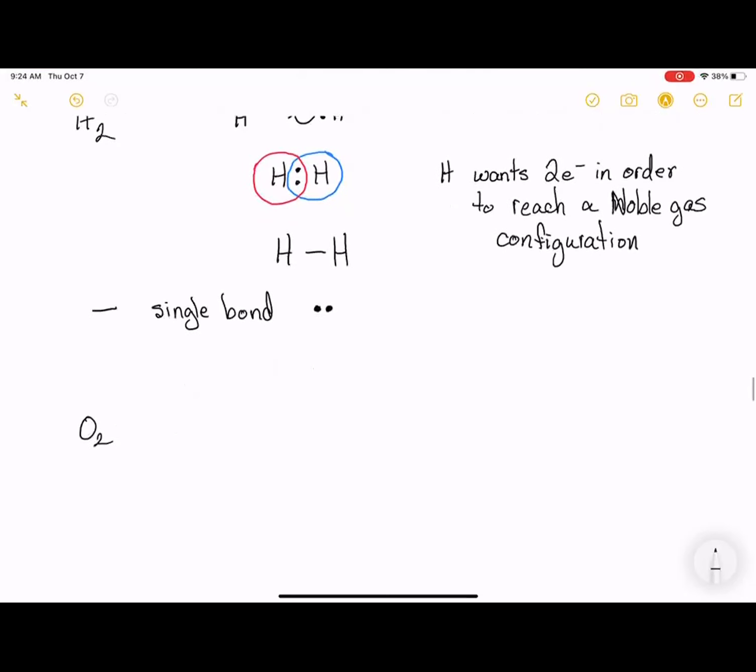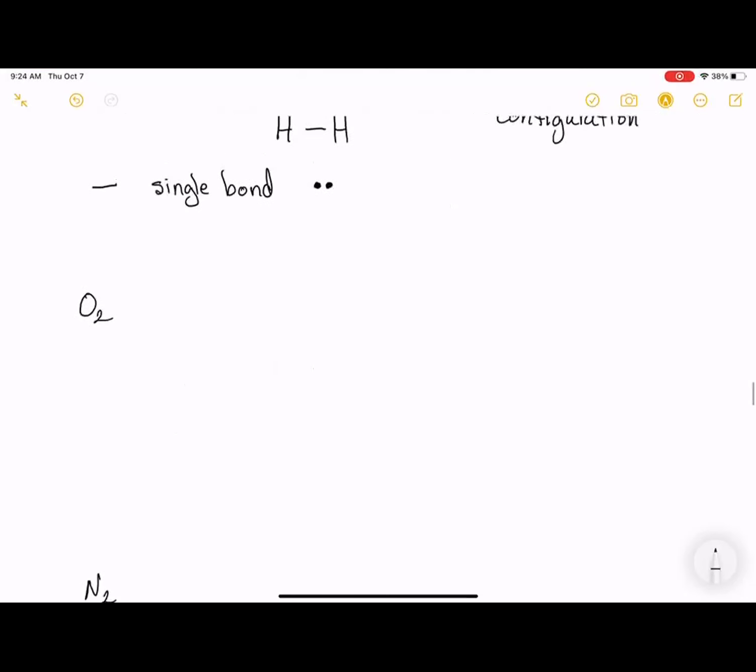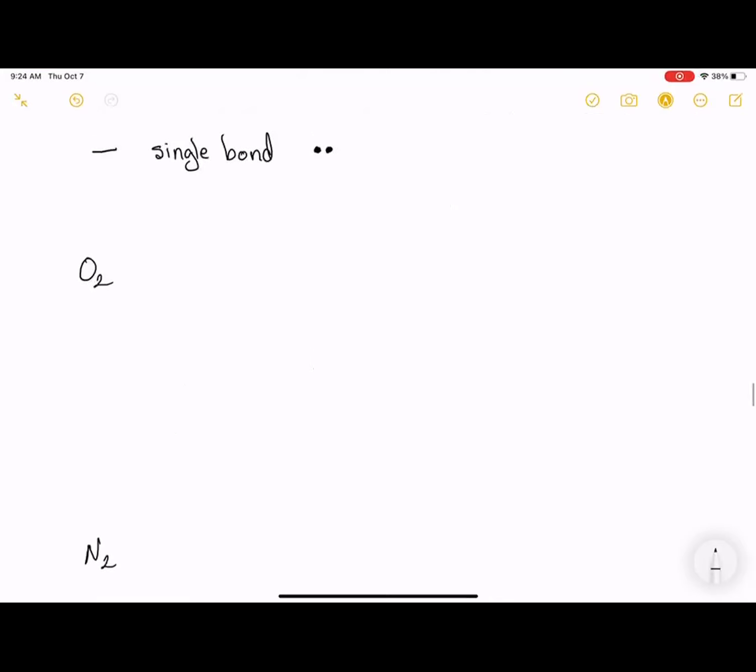So let's look at oxygen using the same lens that we did with the hydrogen. So you have oxygen, you have 2 of them. Oxygen is in group 16, the last digit is a 6, so it has 6 valence electrons. That is true for both of our oxygen atoms. Now, if oxygen shares a pair of electrons between the two atomic nuclei,